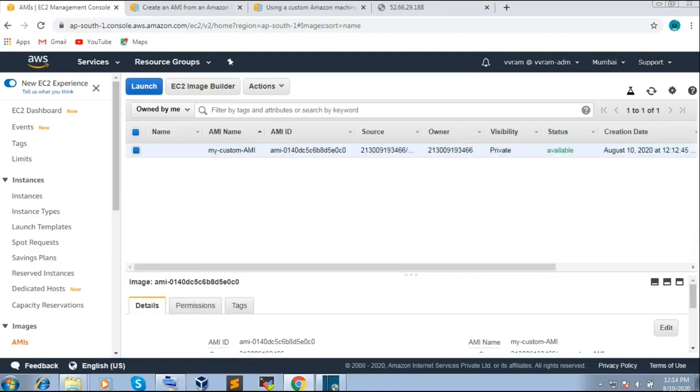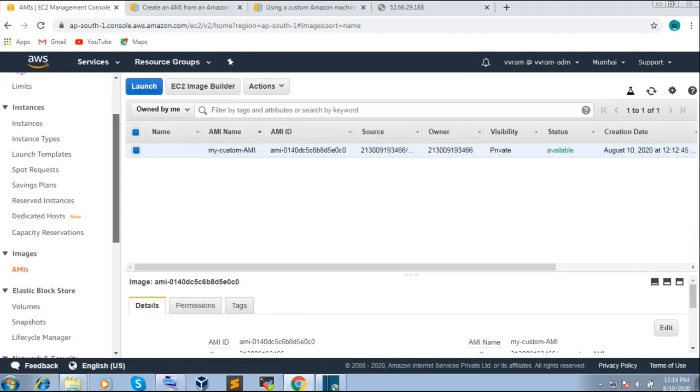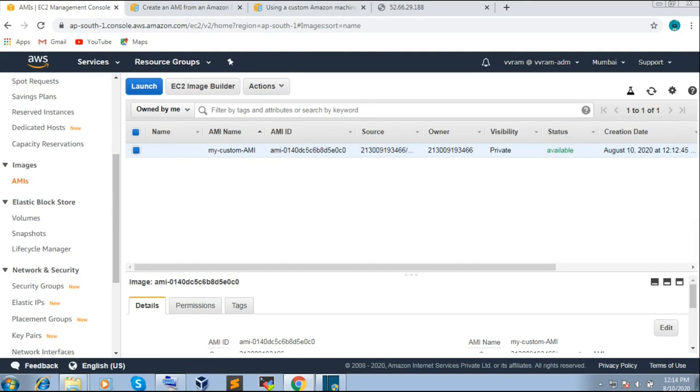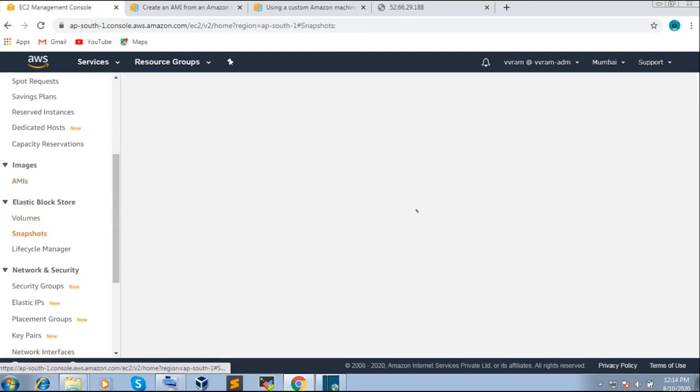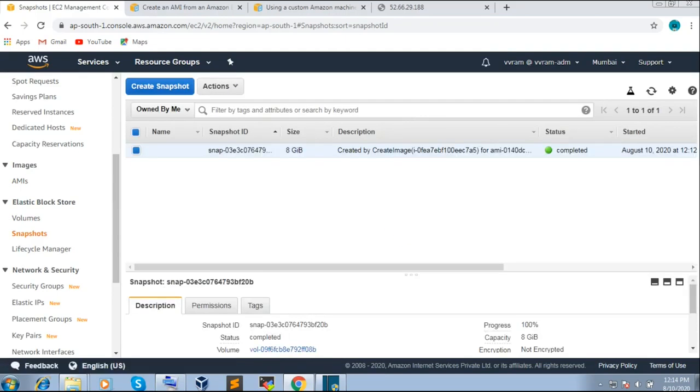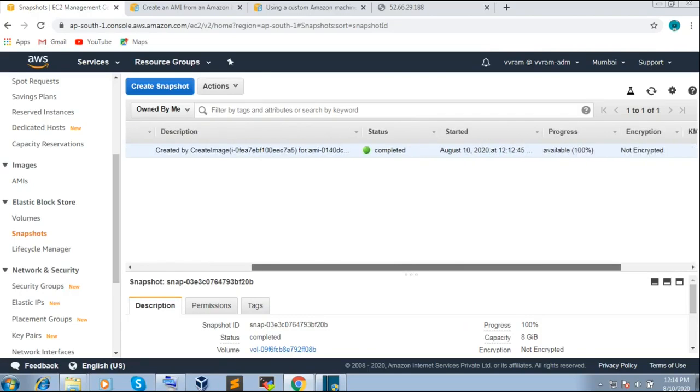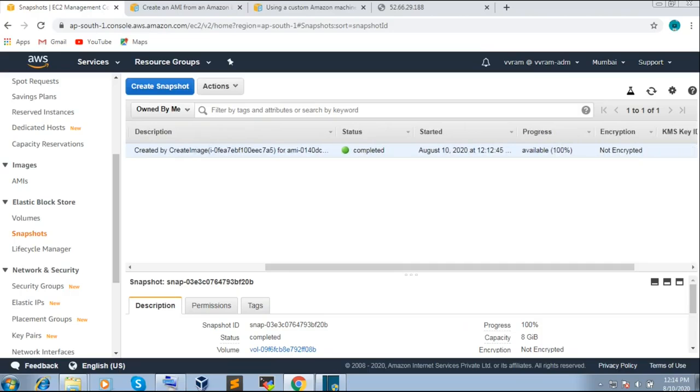Okay, it is available. My custom AMI is available. Let us go to snapshots. See, it created a snapshot. It created an 8 GB snapshot from the AMI.